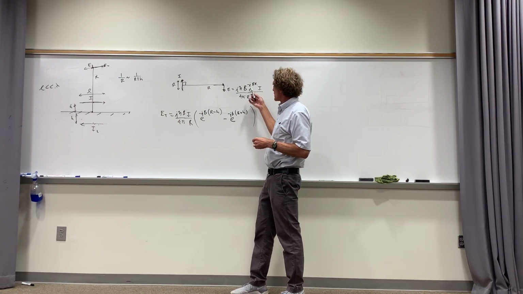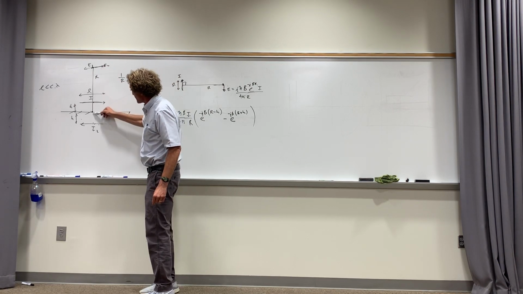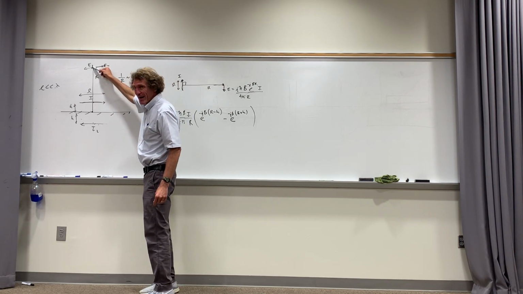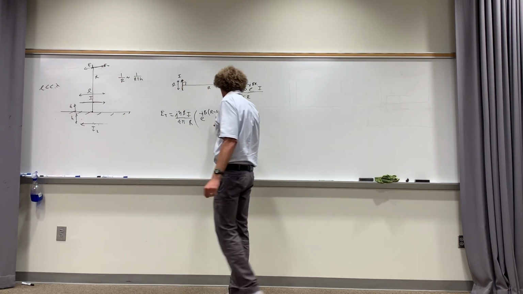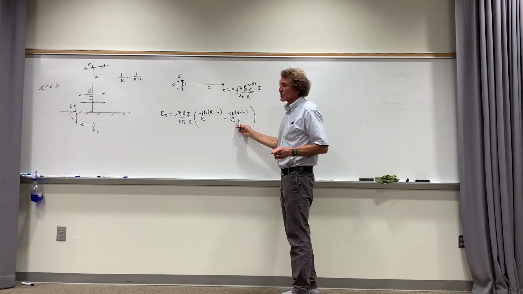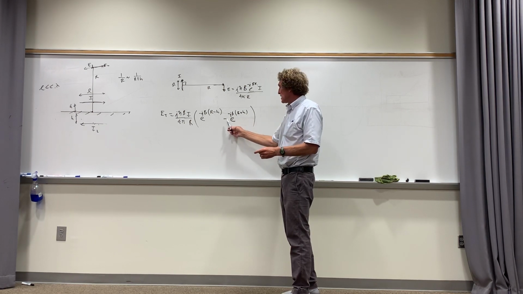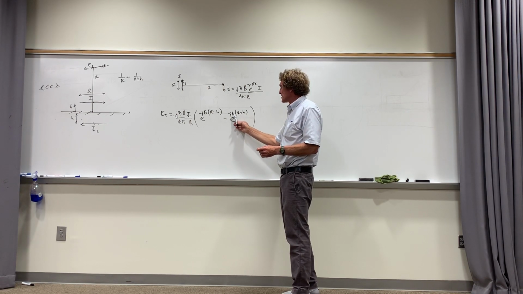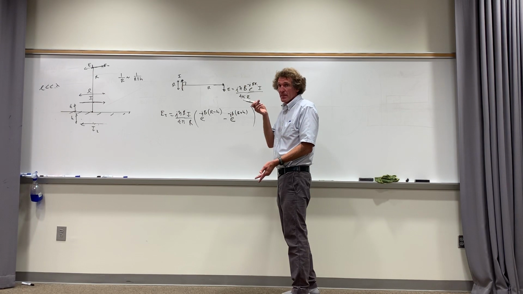No? Think about it. What's this distance from here to here? Isn't it this distance from the ground plane there, which I'm calling R minus H, class? Isn't it? All right, so that's what goes here. But the next one has a current going in the opposite direction, the image, right? So it's going to be e to the minus j beta, and then it's R plus H. Do you all see this? Because it's further away, right?